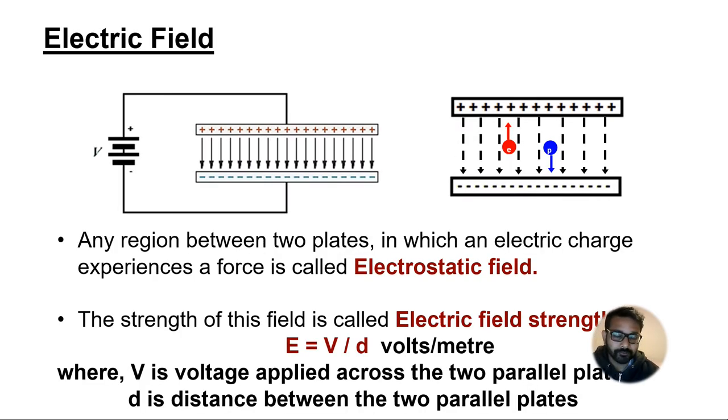So let's start. The first topic which we are going to study is about electric field. If we have two conducting plates such as shown in the first figure, and if they are connected to a voltage source, let's say we have connected the positive terminal to the top plate and the negative terminal to the bottom plate. As a result, the top plate will accumulate some positive charges on it, and the bottom plate, which is connected to the negative terminal of the battery, will accumulate some negative charges